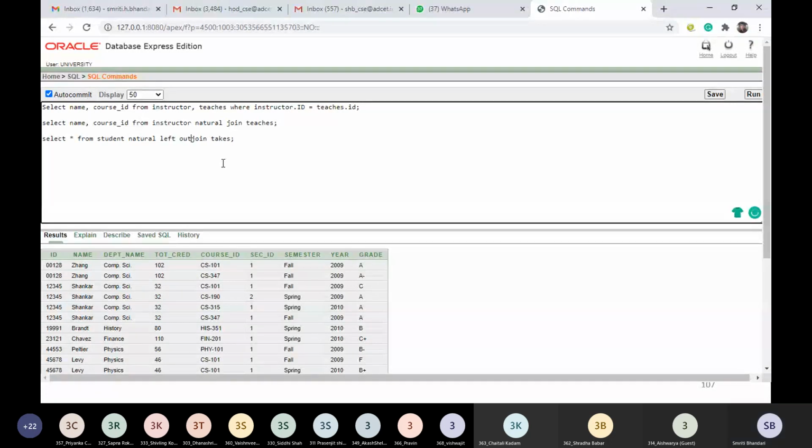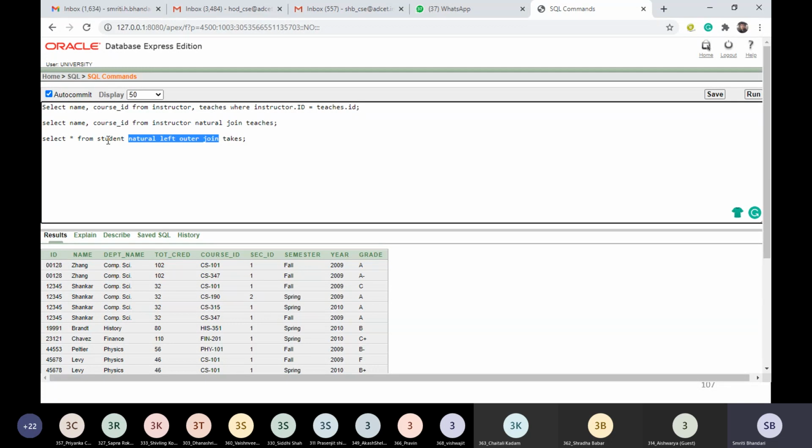Now if we would like to include that student even though he has not opted for any of the courses, simply we are going to make use of natural left outer join. What does this mean? This means that whichever tuples match naturally will definitely appear in the result.